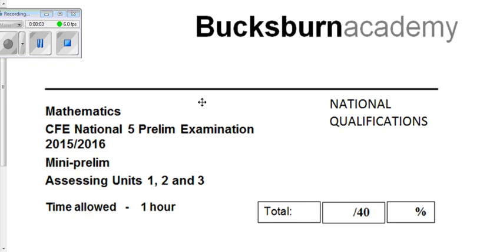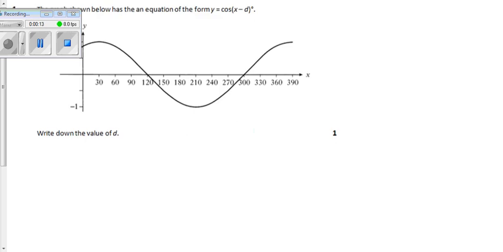Okay, here are the work solutions to the second prelim. 1 hour, 40 marks, calculator paper. Start off with this